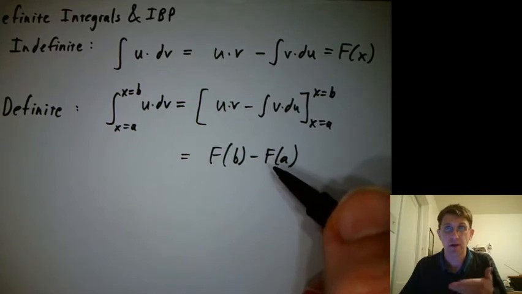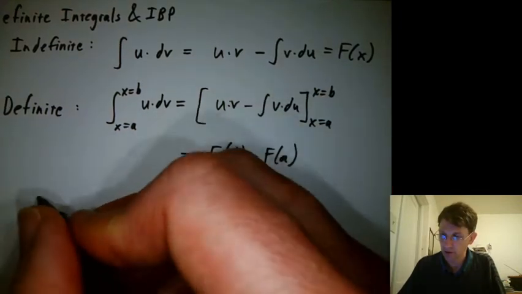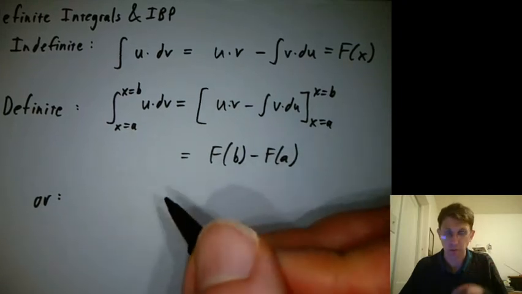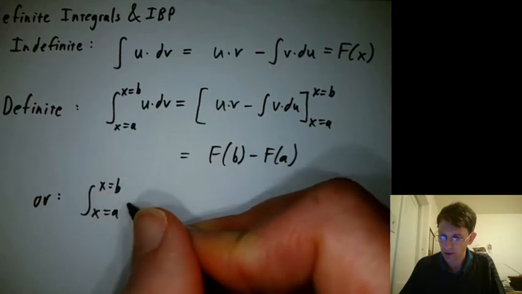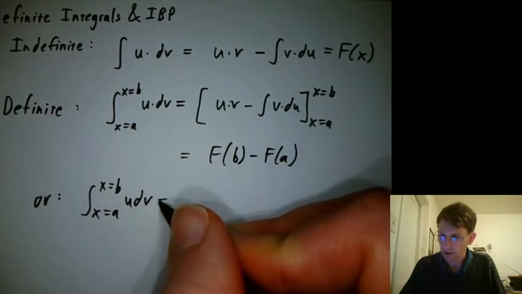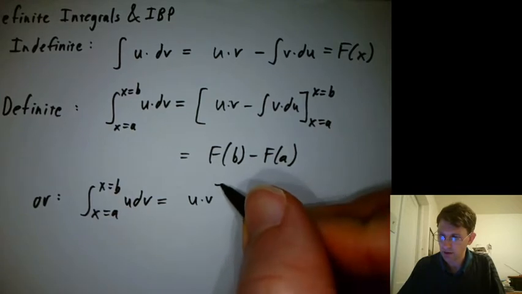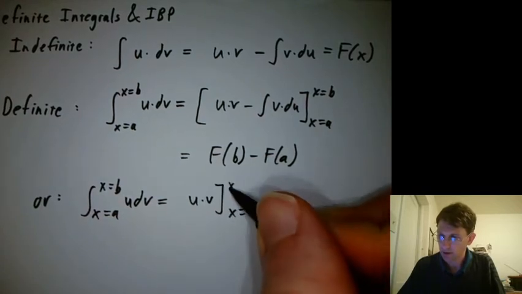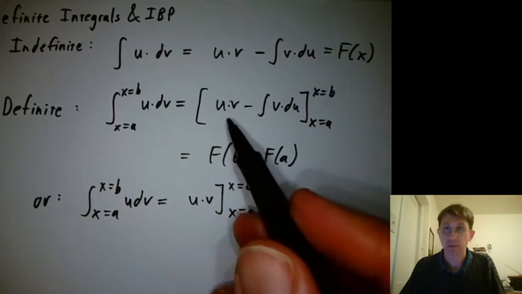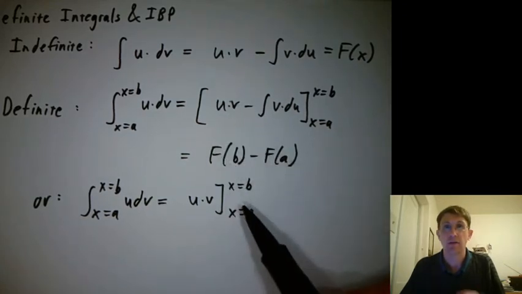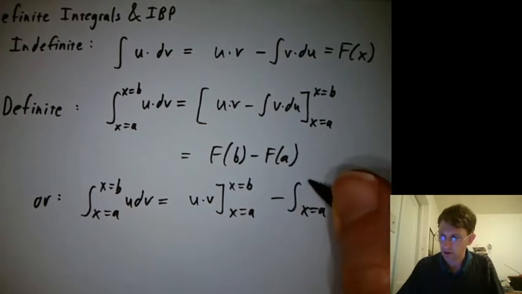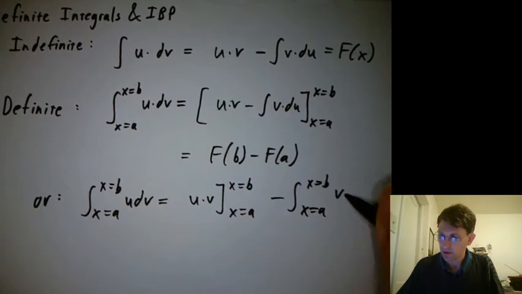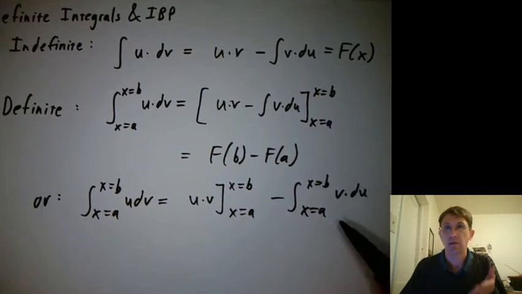But another way of thinking about it, and this is what the book is going to push us toward, I mean, not just this book, but pretty much any book, is that this definite integral from x equals a to x equals b of u dv could also be written as uv from x equals a to x equals b. So that's part of the antiderivative, right? And we'll evaluate that at b and at a and subtract the two, minus the integral from x equals a to x equals b of v du,